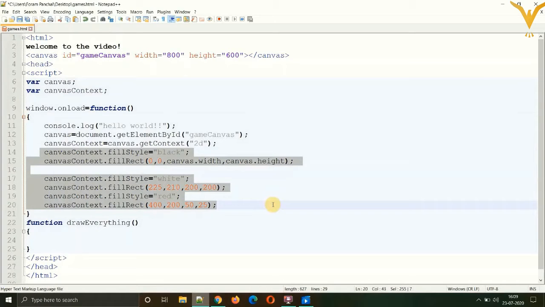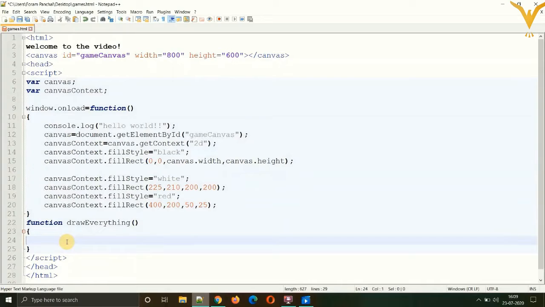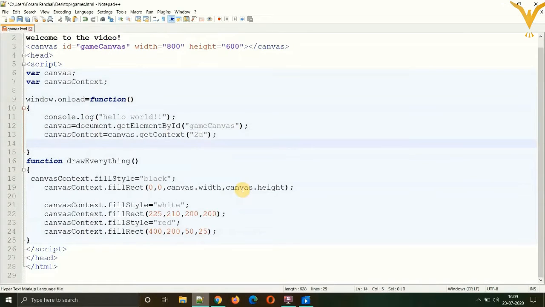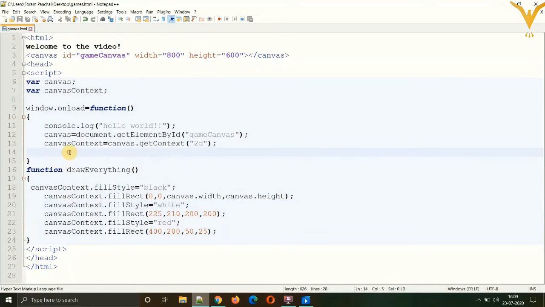Copy them and paste them into the function drawEverything. Cut them from the upper side so the code is arranged now. So now we have all the lines in the function.